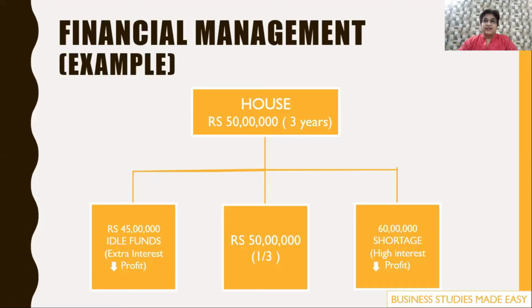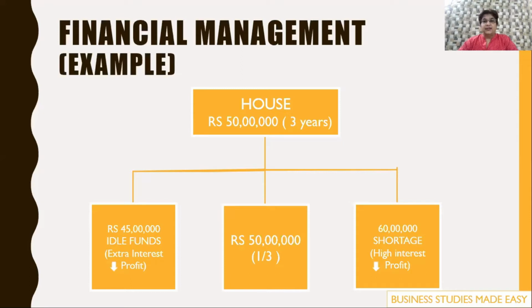Now, because you have idle funds, you are free with your expenditure and he might incur that expenditure also in the business. So as a result, he's paying extra interest on that 5 lakh, which he had raised 3 years back. So if you are paying extra interest, what happens to your profit? Your profit goes down because extra interest means more cost. So in the first situation, the finance manager's decision has cost the company extra interest and therefore the profit has gone down. The second possibility, that the finance manager completes the project in 50 lakhs, is only 1/3.